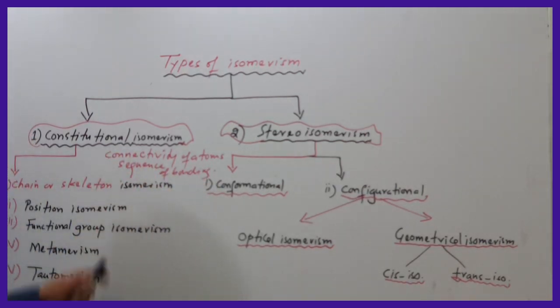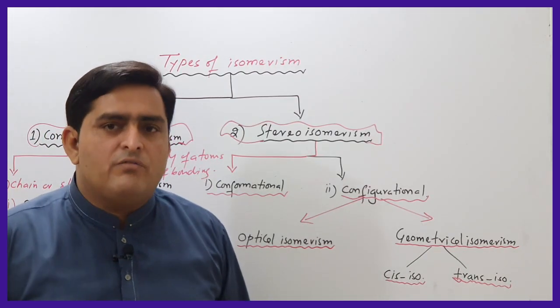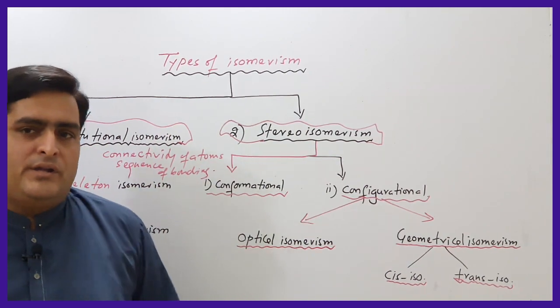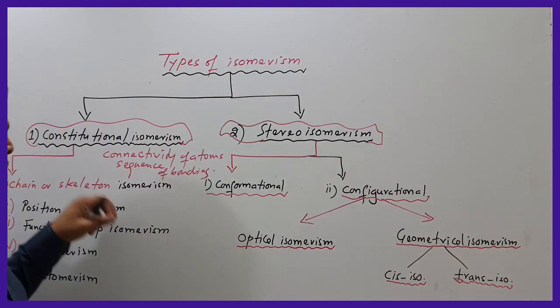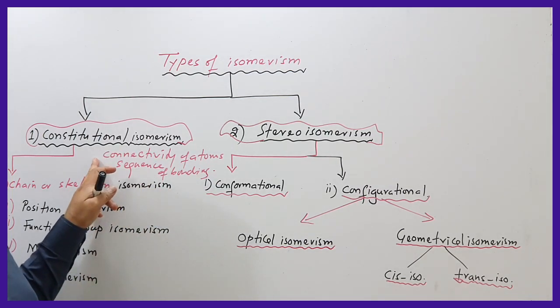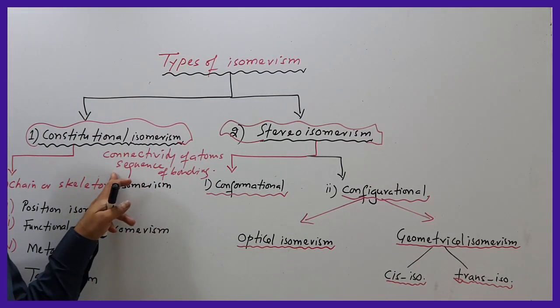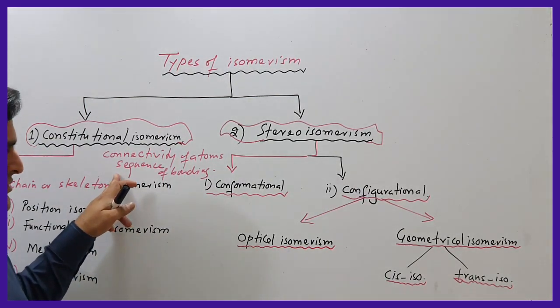So in constitutional isomerism, two compounds have the same molecular formula, but they have different properties due to different connectivity of atoms, carbon atoms or other heteroatoms present in the compound. The sequence of bonding may be changed, but